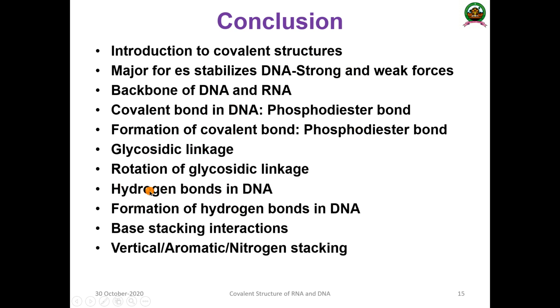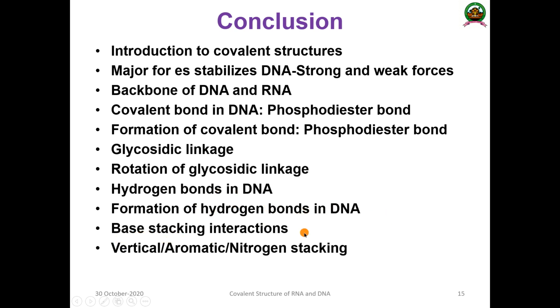Then we have discussed the hydrogen bond and the complementary base pairing rule. Adenine pairs with thymine with 2 hydrogen bonds, and guanine pairs with cytosine with 3 hydrogen bonds. That is known as the complementary base pairing rule, which is very, very specific. And we have seen in detailed structure how the double bond is produced, and how the triple bond is produced.